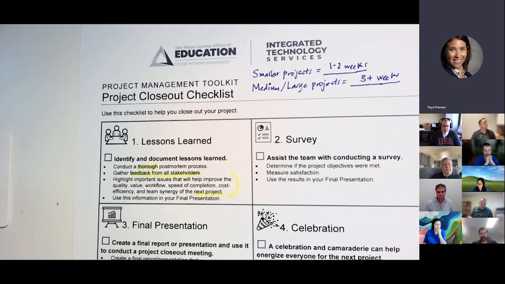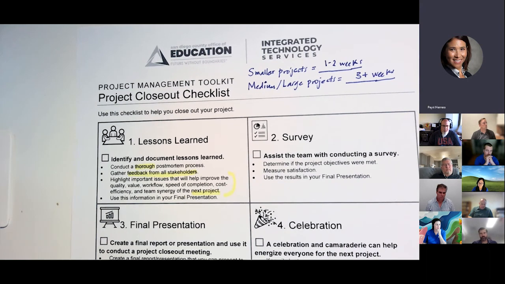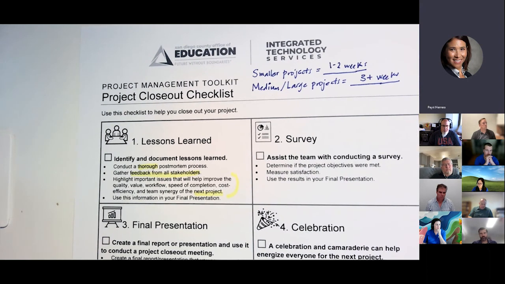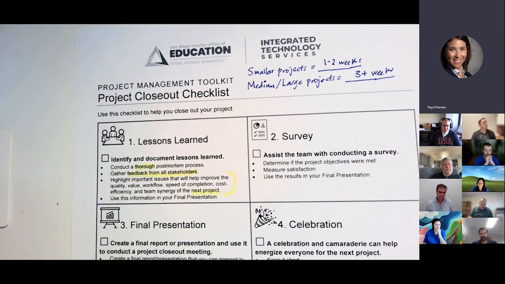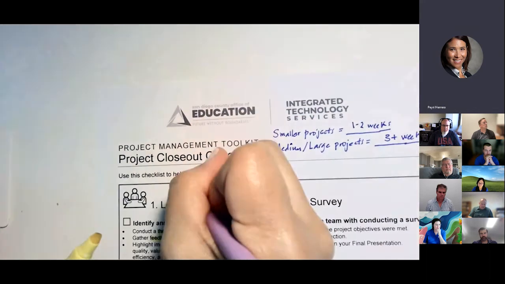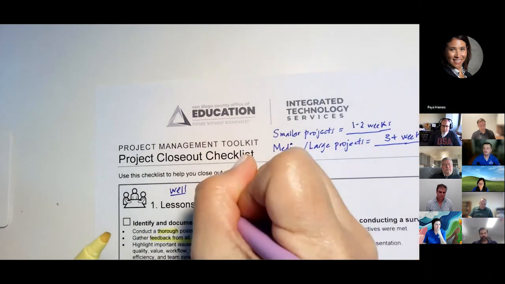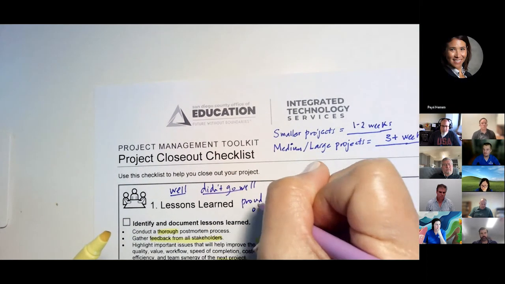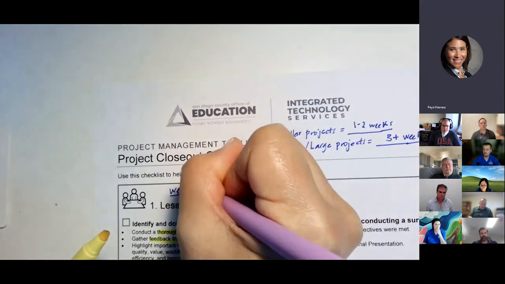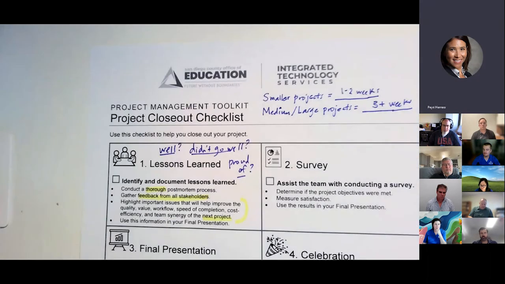So we like to do our lessons learned where we set it up as a meeting. We provide people questions in advance, and pretty much it's always what went well, what didn't go well, and what are you proud of? And with those 3 guiding questions, let me jot that down up here for you. So what went well, what didn't go well, and what are you proud of? And we basically send that to people in advance. Those are the guiding questions, and you get a ton of information from that. A lot of that will help you figure out how you can get better next time.